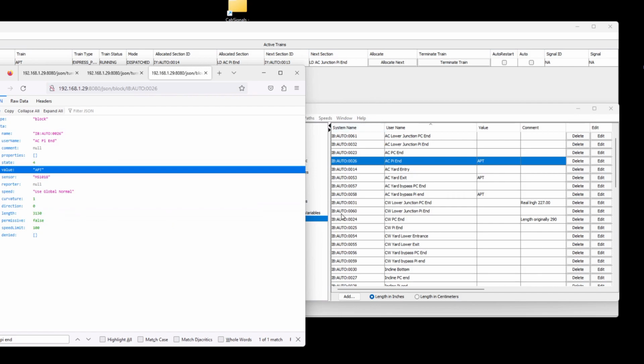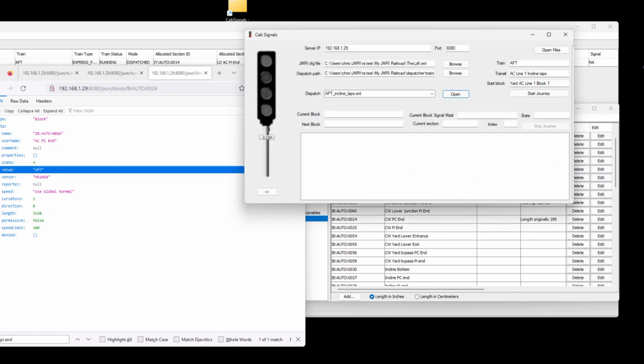Because my app, going back to the cab signals app, knows the name of the train because it put that in there when we selected the dispatch, which had the name of the train in, it can look for the blocks that are being allocated to this train as the train goes around. So it can always be working 3 blocks ahead of where the train currently is, assuming that you're allocating sections 3 at a time, and it can start building a live